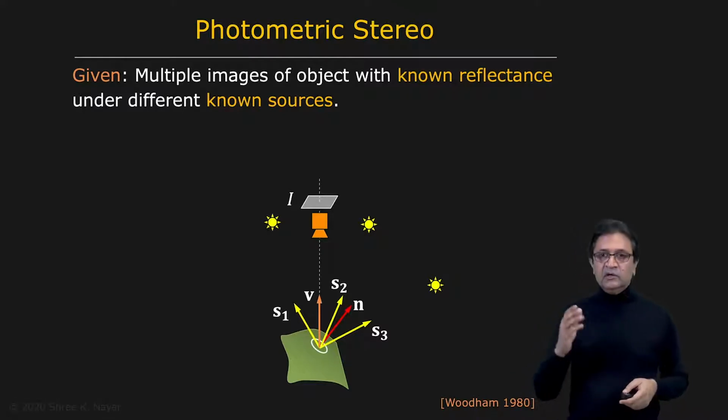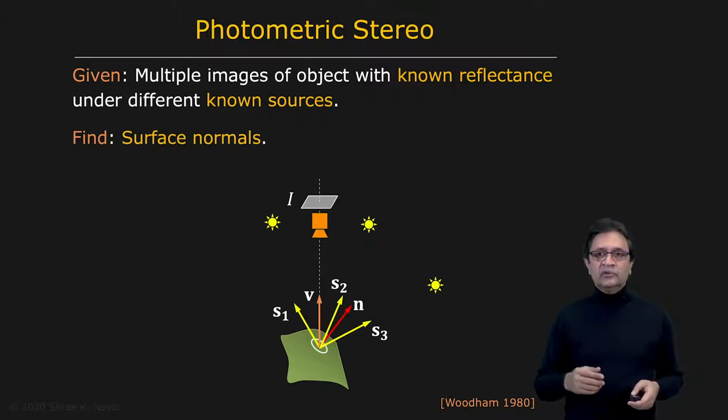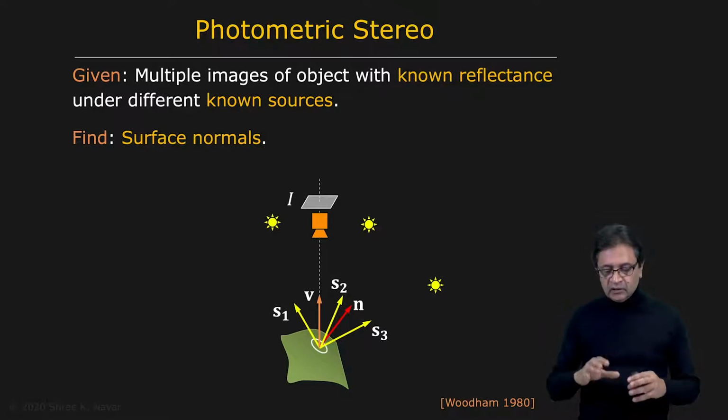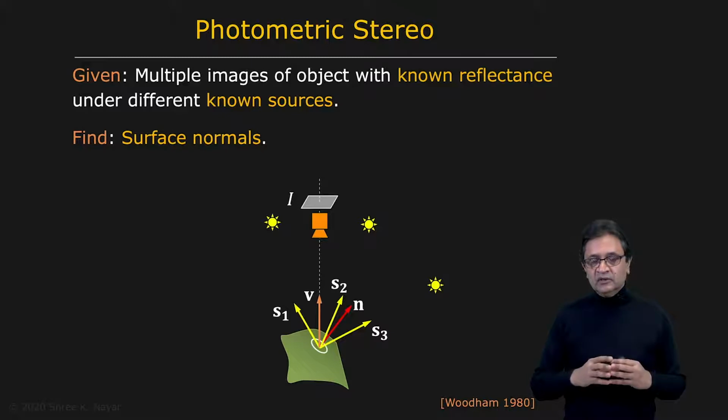So when you do that, you can actually use these multiple light sources, take a stack of images, and then compute the surface normal at each point on the surface. And in the context of photometric stereo, our goal previously has always been to minimize the number of images that we want to capture. So for example, we showed that in the case of a Lambertian surface, we need a minimum of 3 images taken under 3 different light source directions in order to be able to compute the 3-dimensional structure of the surface.